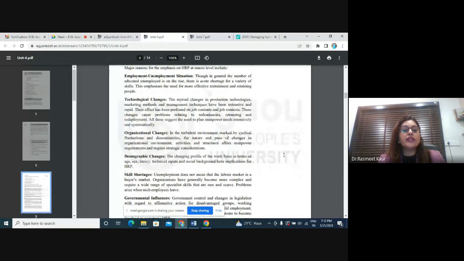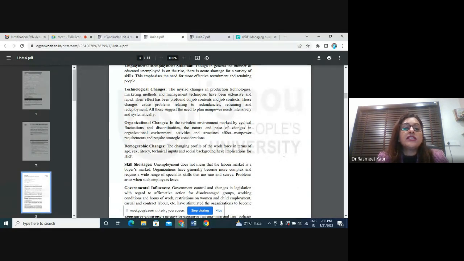Then moving further, technology is something which keeps on changing. And with all these technological changes, there are times when we see that the HR are not that comfortable in accepting certain changes which are happening in the environment. But as it is a requirement, the management has to give them the training for that.